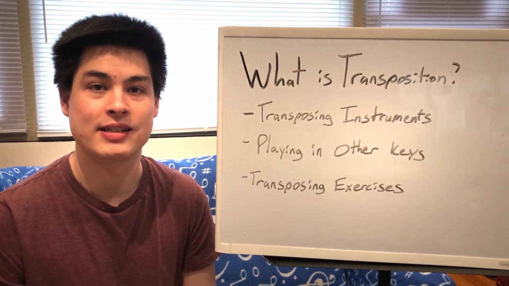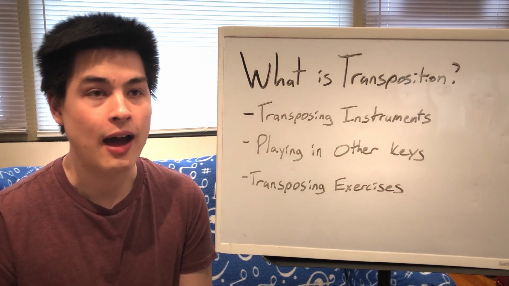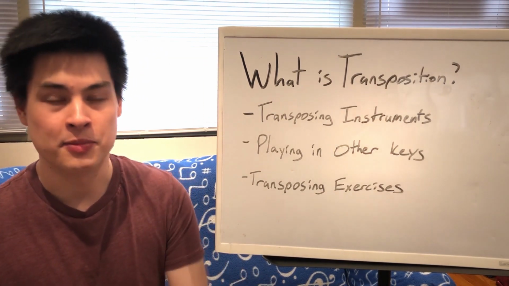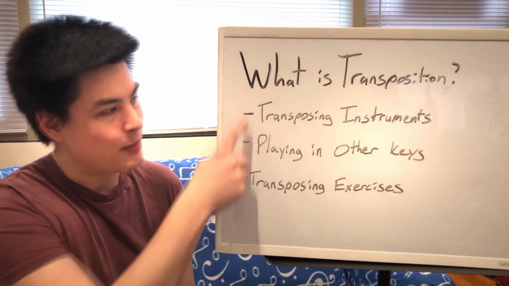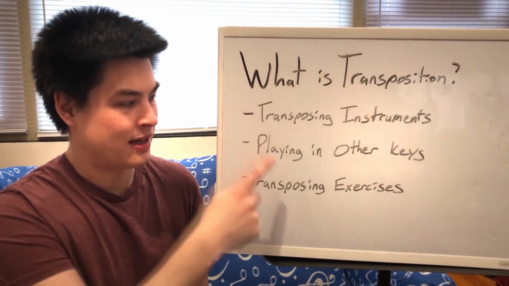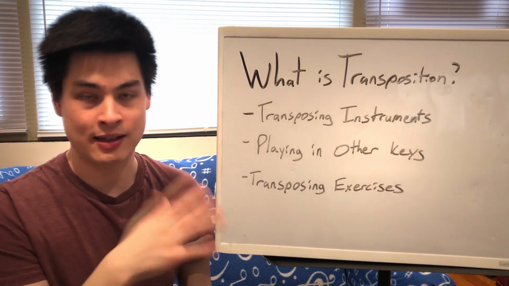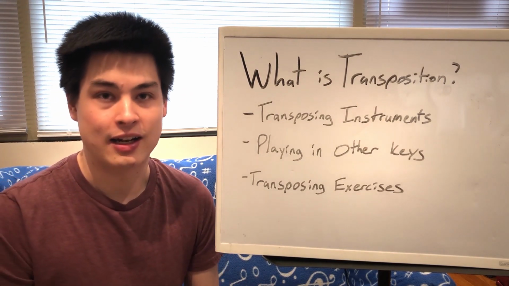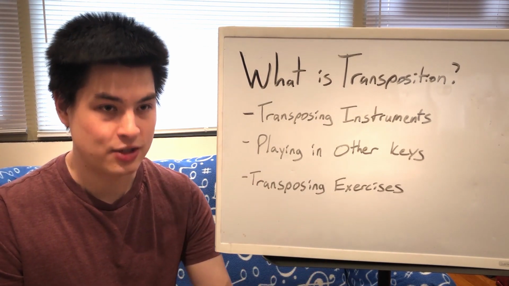Not many people have C clarinets, though they do exist, but most people play the C clarinet part on the B flat instrument. So this is sort of a combination of transposing for the instrument's sake and also playing a piece in a different key. So normally when you play B flat clarinet and you see a C on the page, you play